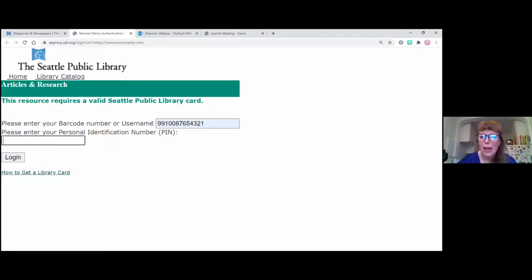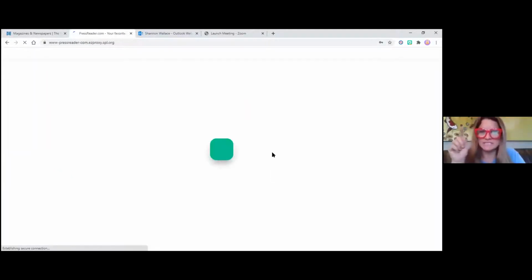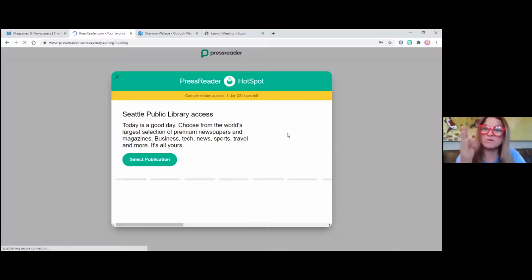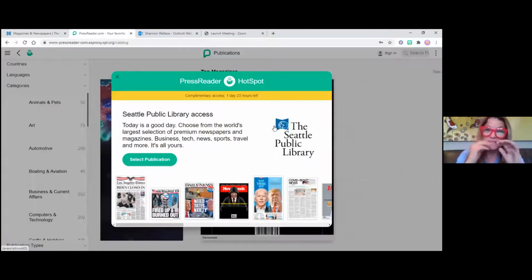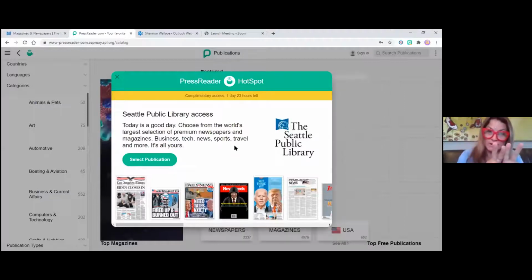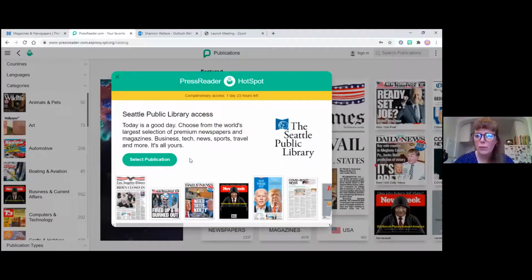This is my staff number, so 991 followed by some zeros and my employee ID for Seattle Public Schools, and then the PIN being the last 4 digits of my employee ID again. Knowing that if it's students, it's 994 zeros, their student ID, and then their PIN is usually their birthday, just the month and day, but 4 characters. Absolutely. Okay, so once we're in, we can just close out this little piece of info here